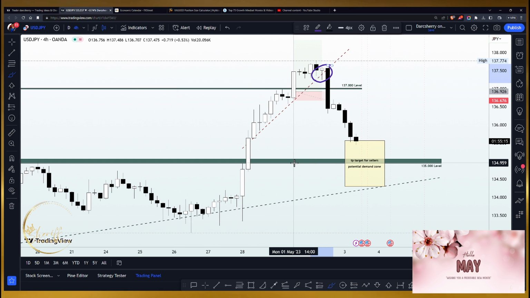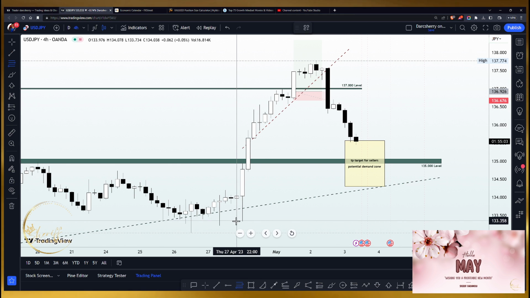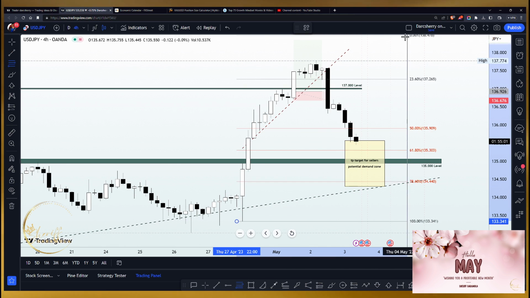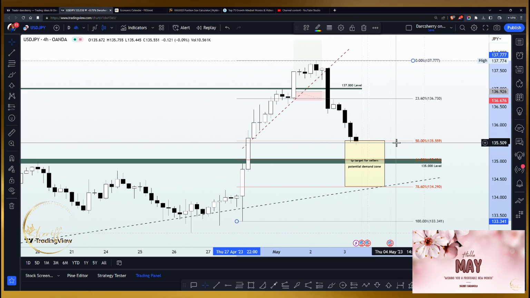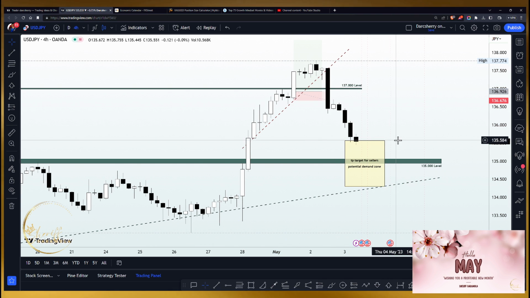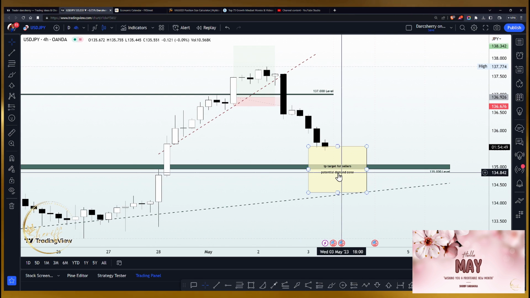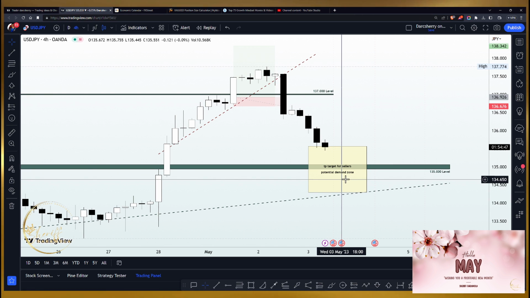And we said if a breakdown of that structure happens, we are likely going to be seeing a retracement phase. And to project where the retracement phase will end, we used our Fibonacci retracement tool. We ran it through the previous impulse leg here and aimed at an area between the 50 and the 78.6% of the previous impulse leg, which is going to be serving as our golden zone area. And we all agreed here that this area is going to be our TP target for sellers